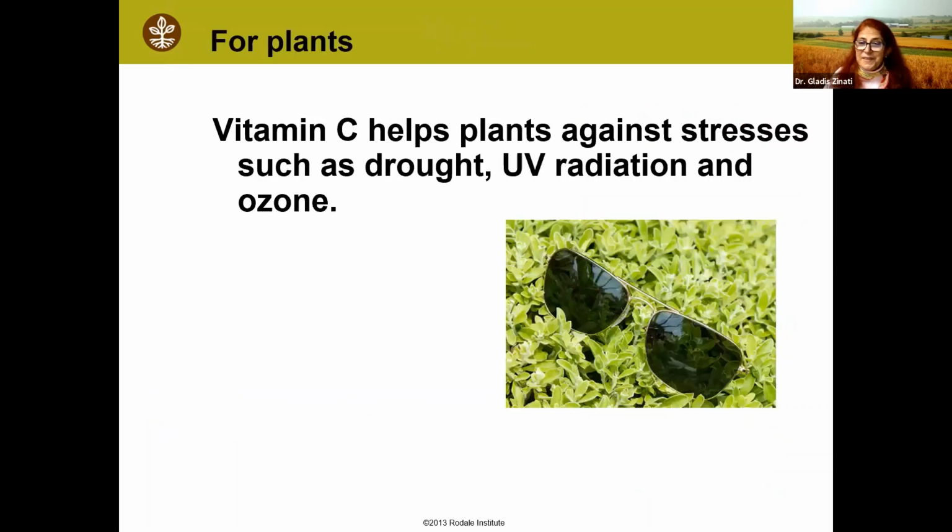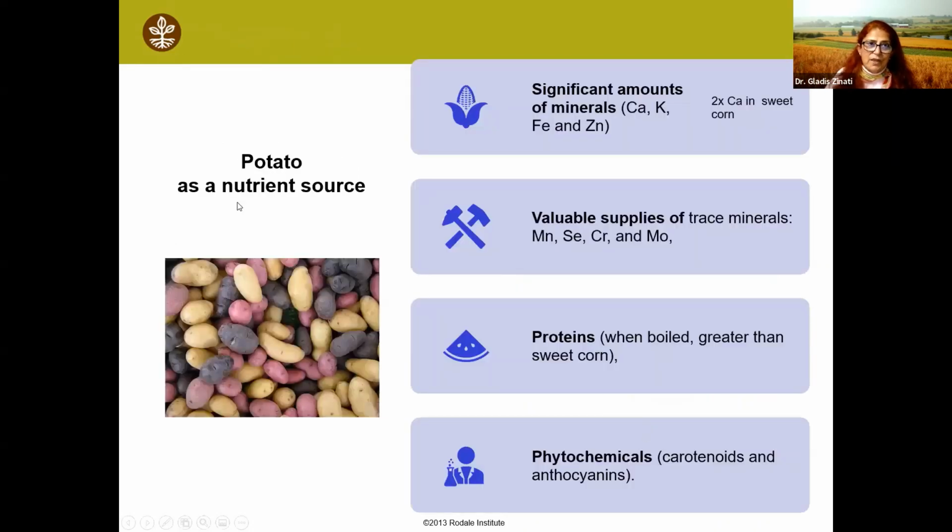Vitamin C is also important for plants because it helps them against stresses such as drought, UV radiation, and ozone. And to continue with the health benefits of potato, it is a source not only of iron, zinc,